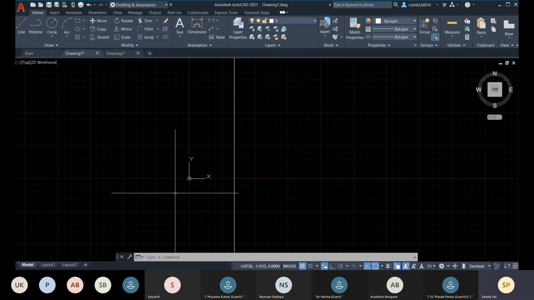Okay, so why is this WCS showing? So that means when you are having this WCS here, your UCS is aligned with WCS. Okay, so that is the first point. Your UCS and WCS are right now aligned.